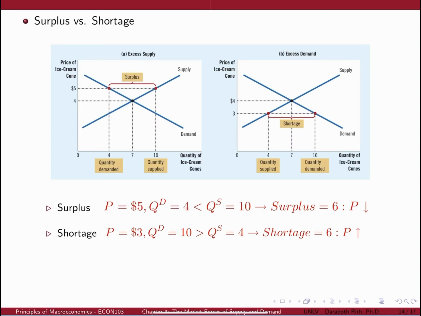However, every day is not always a full moon. Market simply runs into disequilibrium such that surplus and shortage always exist. Consider the graph on panel A. At the price of $5, you can see the quantity demanded is 4 cones and quantity supplied is 10 cones. In such case, the quantity demanded is less than the quantity supplied, so it creates a surplus of 6 cones